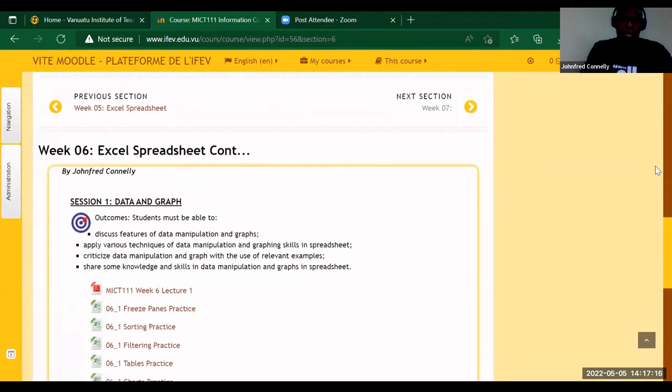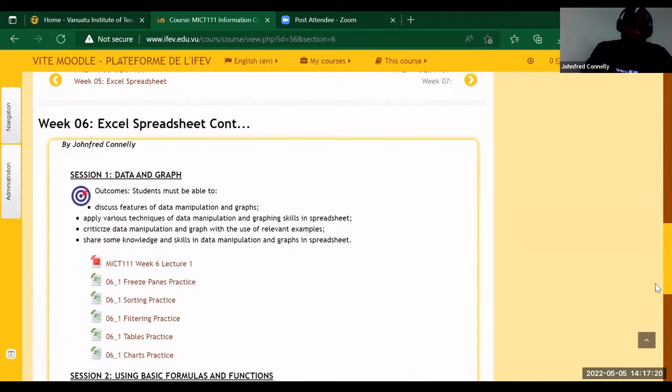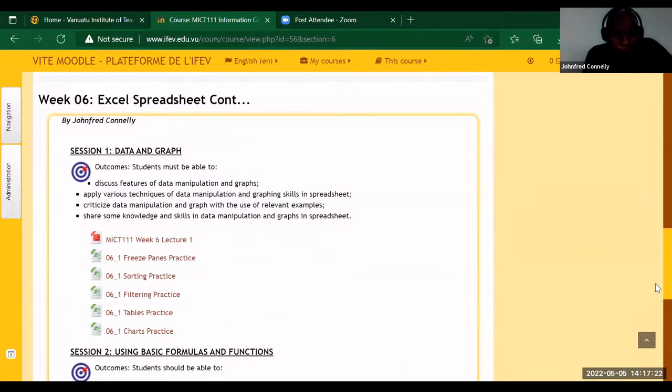This week's material, you already have the 2 lecture notes given there. Lecture 1, we are just looking at basically session number 1 for this week. You are just looking at how you manipulate the data with regards to graphs. So go through this. A lot of things that you will cover in these lecture notes are very handy for you, especially later on